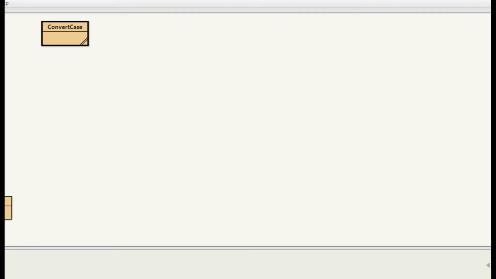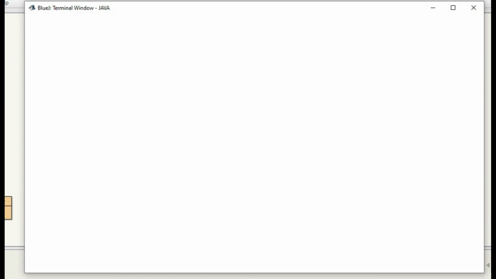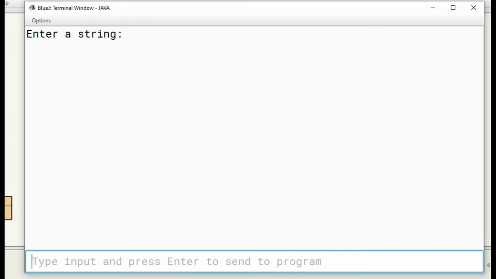So let's work with the output. Let's see this. Now we are entering the same sample input: if it rains, you will not go to play.